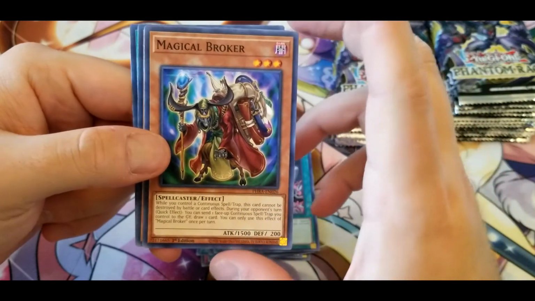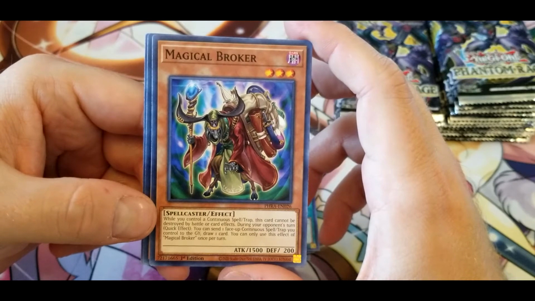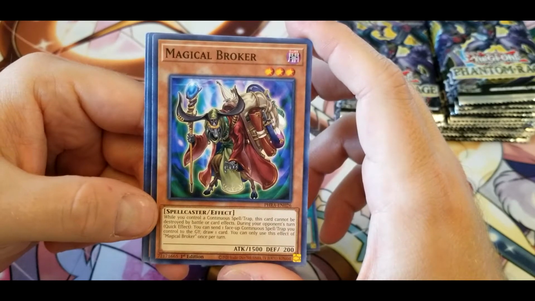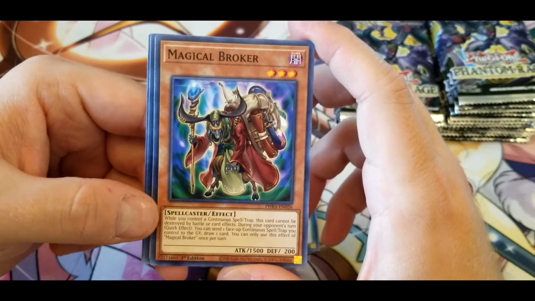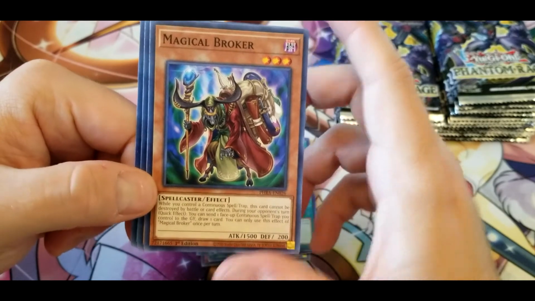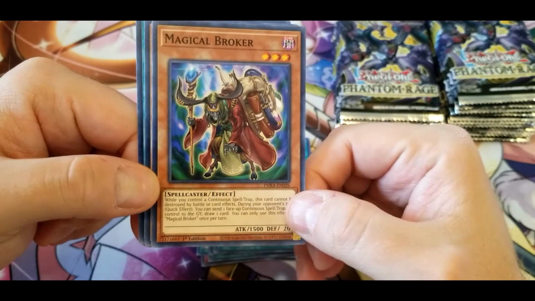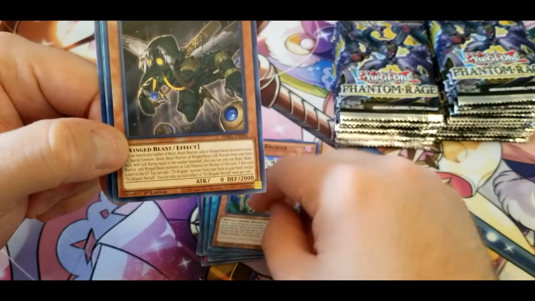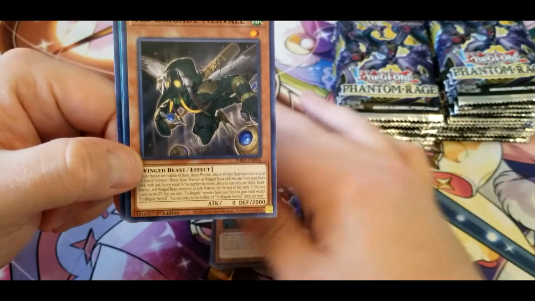We have Magical Broker. When you control a continuous spell or trap, this card cannot be destroyed by battle or card effects. During your opponent's turn, you can send one face-up continuous spell or trap you control to the graveyard, draw one card. So, I mean, he has some built-in protection. And he lets you cycle out your cards if they're not going to be useful, or if they have when this card is destroyed effects. So,